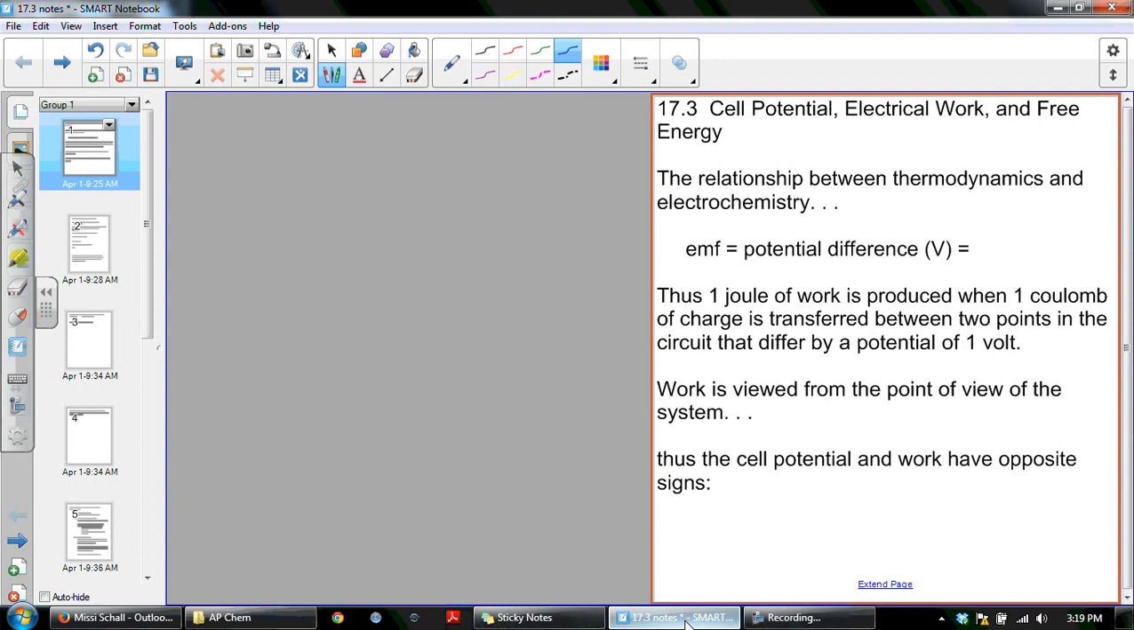So let's get started here. Cell potential, electrical force, and free energy. The relationship between thermodynamics and electrochemistry is that the EMF, the electromotive force, is equal to the potential difference in voltage